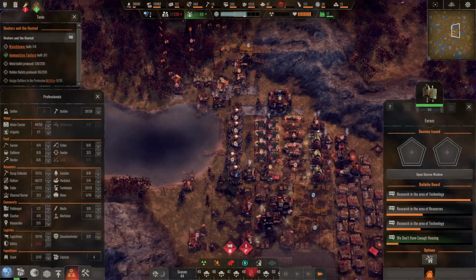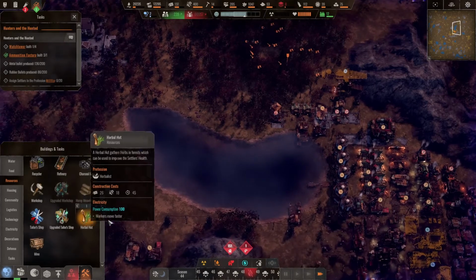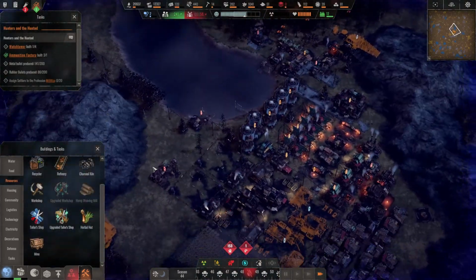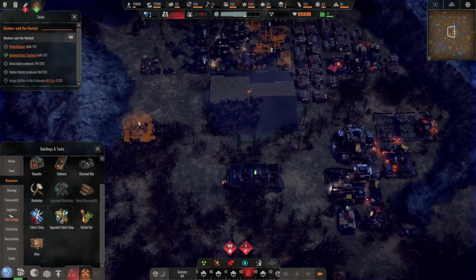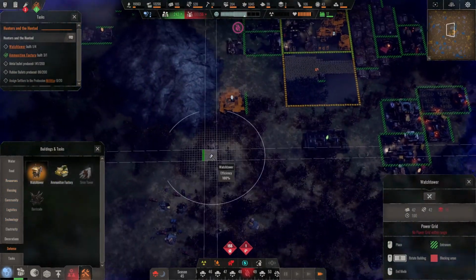And my next stage would just be to start slapping down these guard towers. I've decided I'm not even going to go for the investment of electricity for the siren towers. It's just not worth it. I can definitely beat these raider waves without it. So let's go to defense, and